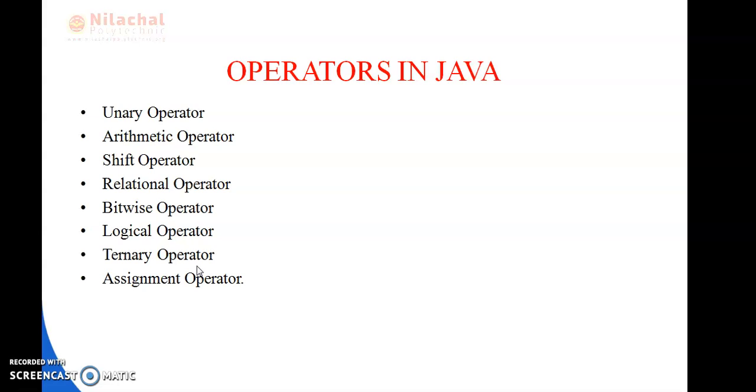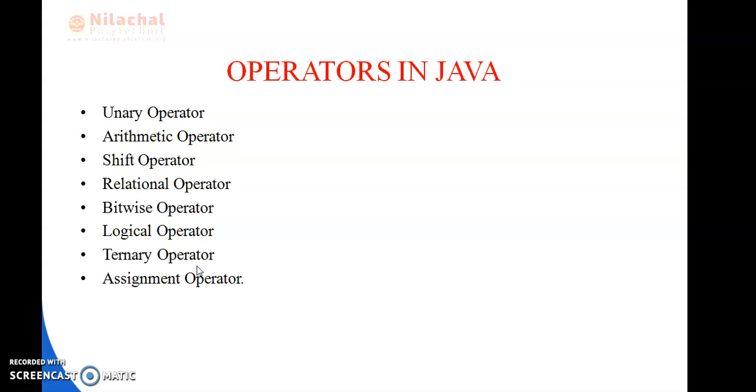And then it comes to the logical operator. Logical operator is divided into two types, logical AND and logical OR. Then it comes to the ternary operator. Ternary operator is an operator which is also known as the conditional operator. Then it comes to the assignment operator, where we assign values to variables. Now by this